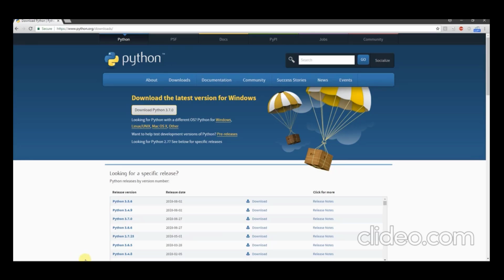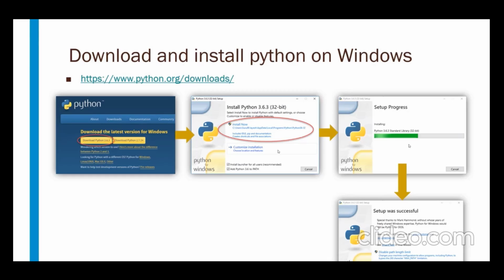I already have it, so I'm just discarding this. Once you get an installer file, you need to start the installer, and you will get this particular screen. Now click on Install Now, and it will do the setup process. It will take a few minutes, and finally it will end up with a successful message. These are just a few screens, and it's very simple to install Python. Once we have done this, just close that window. This is how we need to install Python on Windows operating system. Currently I have installed Python 3.